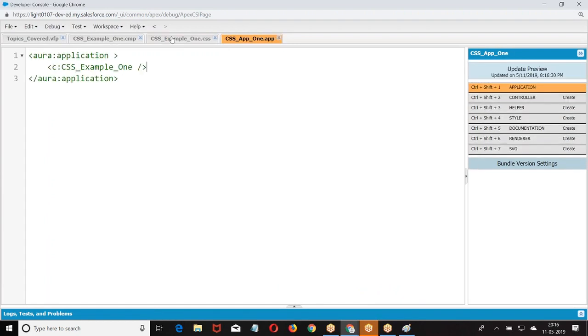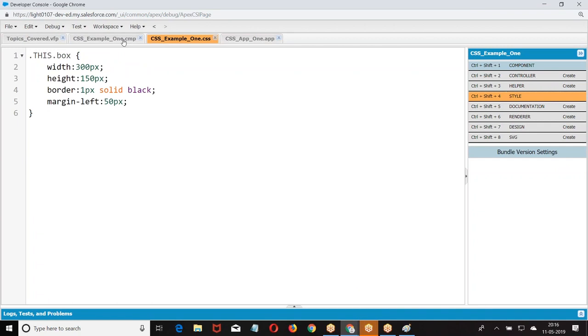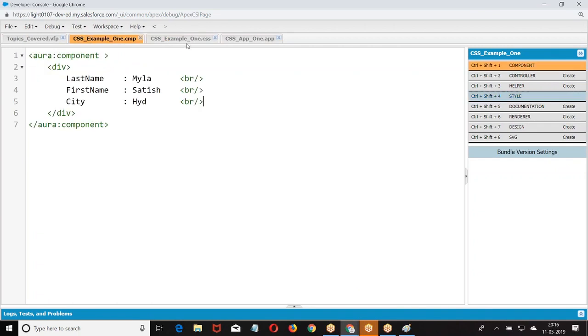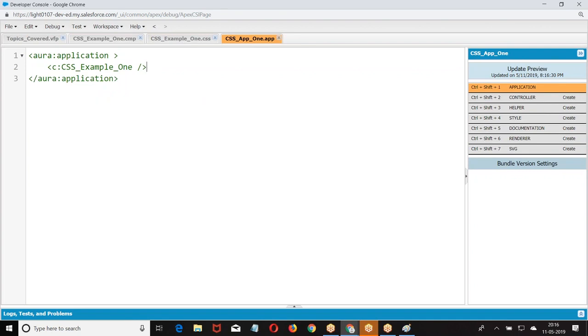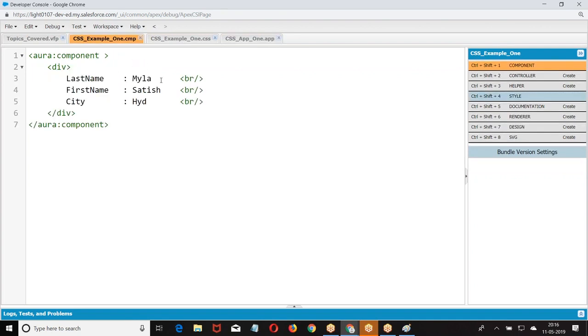Extension is not required because we are not using any lightning column, right? Component app. Now we don't require any extension. We are not using any. The reason why it is not applied is I have to apply this class now. I gave a class, but I didn't apply it.